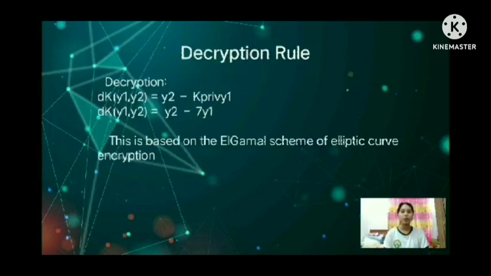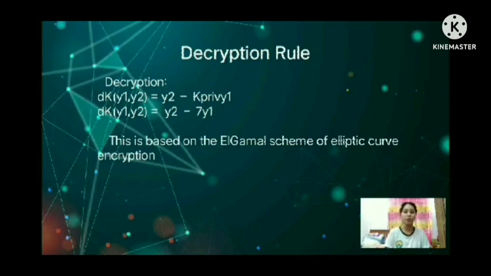Decryption rule. Decryption. So here is the formula of decryption. This is based on the ElGamal scheme of elliptic curve encryption. So the conversion of encrypted data into its original form is called decryption. It is generally a reverse process of encryption. It decodes the encrypted information so that only an authorized user can decrypt the data, because decryption requires a secret